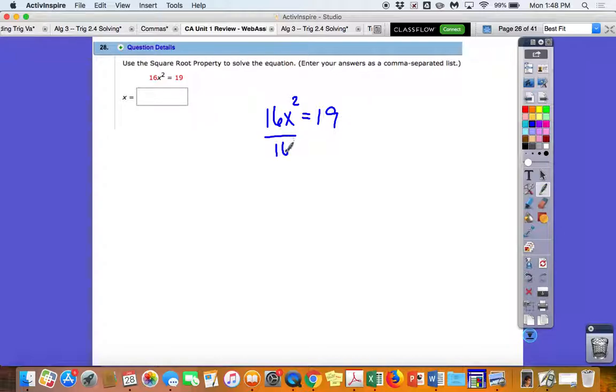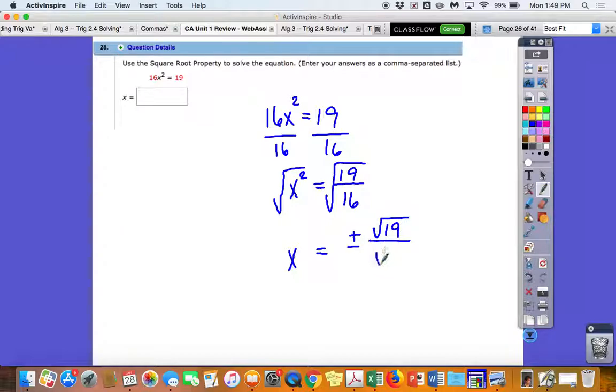So we need to come in here and divide through by 16, and that gives us x squared equals 19 over 16. Then we're going to come in and do the square root of both sides. Well, the left comes out well. That's just x. Remember, you got to put plus minus. And this is the same thing as doing the square root at the top over the square root at the bottom,